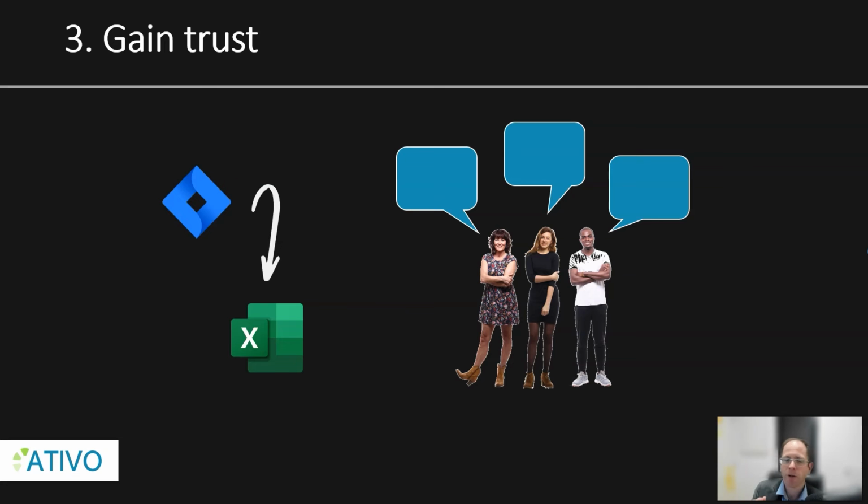Tip number 3, gain trust. It's important to keep the business owners engaged, and we can do that by earning their trust. One of the ways to gain trust actually is to show them that whatever data they enter in Jira, they can always extract back to Excel. So they can always temporarily go back to their old Excel files and use them. So that's a nice way to say to them, hey, don't worry, whatever information you put in Jira, you can